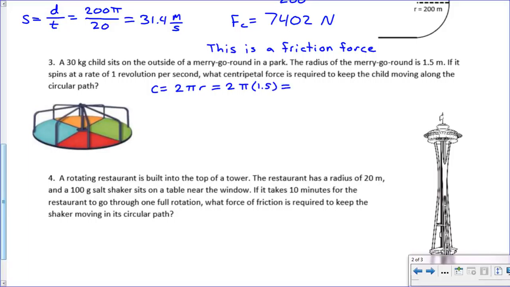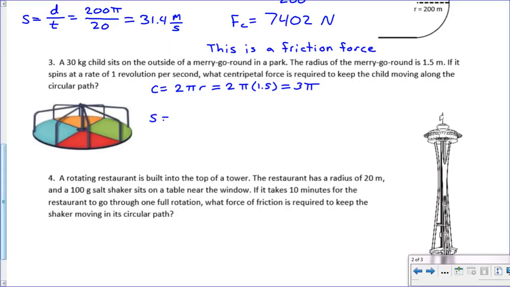All right, and if you calculate that, you get 3 pi for the circumference. We know that it goes around that entire distance, that entire circumference, in 1 second. It says it's 1 revolution per second. So it goes around the entire 3 pi meters of the circumference in 1 second. So for our speed,